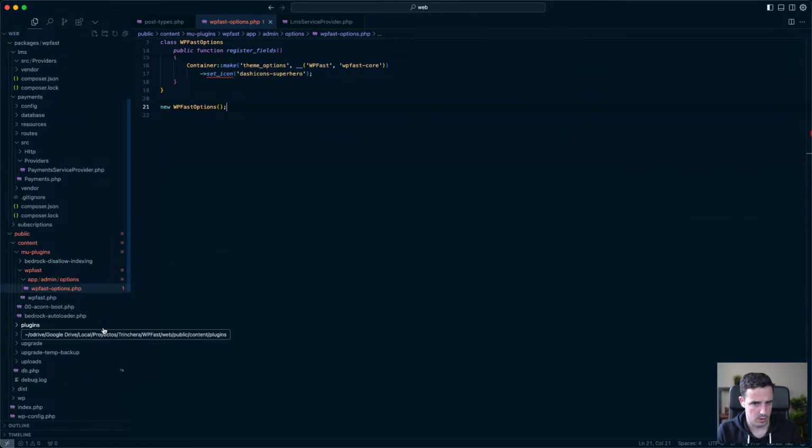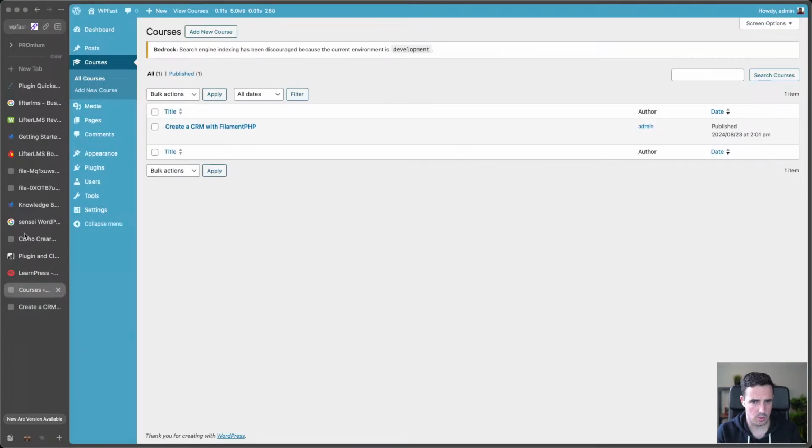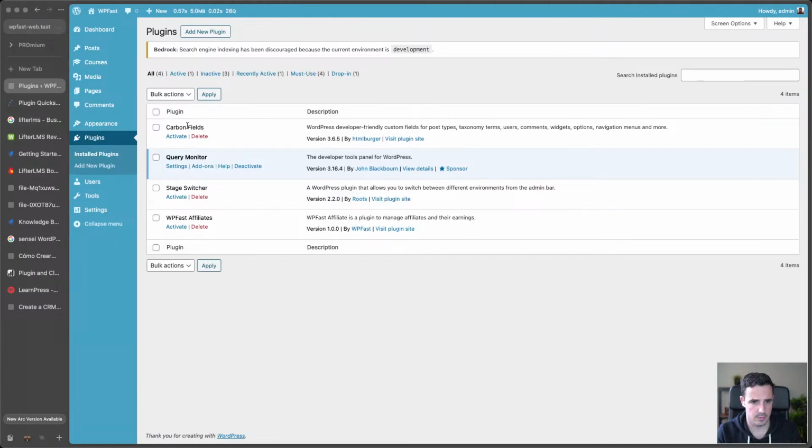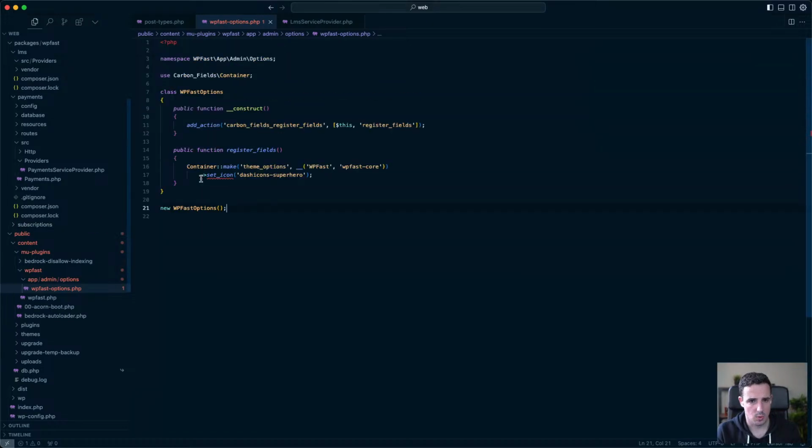So if we come here, we reload. Okay, nothing is happening. We activate Carbon Fields. And here we have WPFast. Okay. So we can do the same. And we can do this with